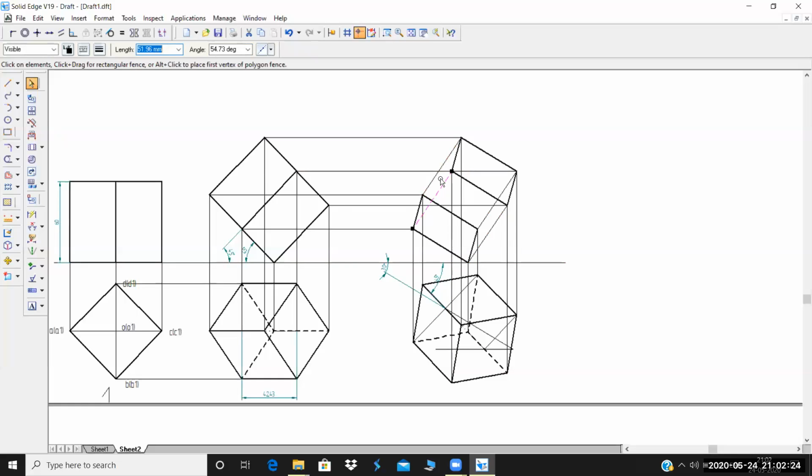Also, the line connected to this particular point, the immediate next two lines, these two lines will be dashed lines. Change it to 0.5 mm. Change all the lines to 0.5 mm thick.